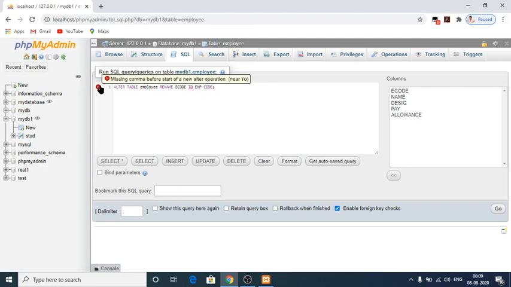So an error is there, missing comma before some error. While executing alter table, it shows an error, so we have to rectify the error. Yes, now after giving the comma after E code, the error has been rectified.